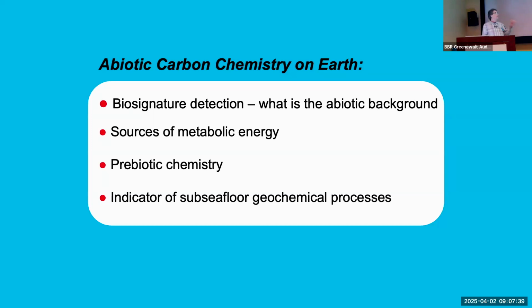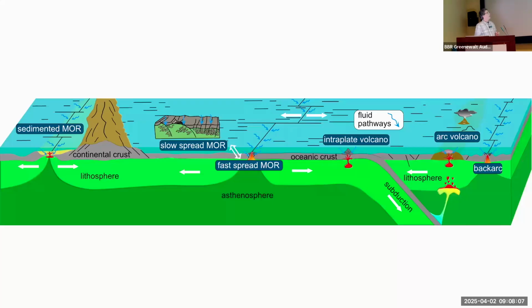Making reduced carbon compounds is a source of metabolic energy for organisms living in these environments. And we can also use the abundance and isotopic composition of reduced carbon compounds to tell us a little bit about what's happening in subsurface environments. So I'm going to take you through a few case studies of different environments, with different physical and chemical conditions. This is my attempt to make the point that Chris made nicely at the end of yesterday,